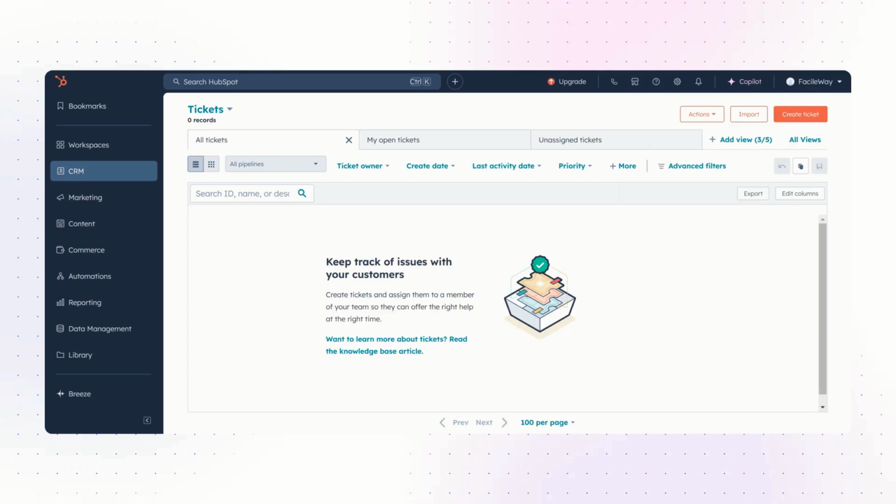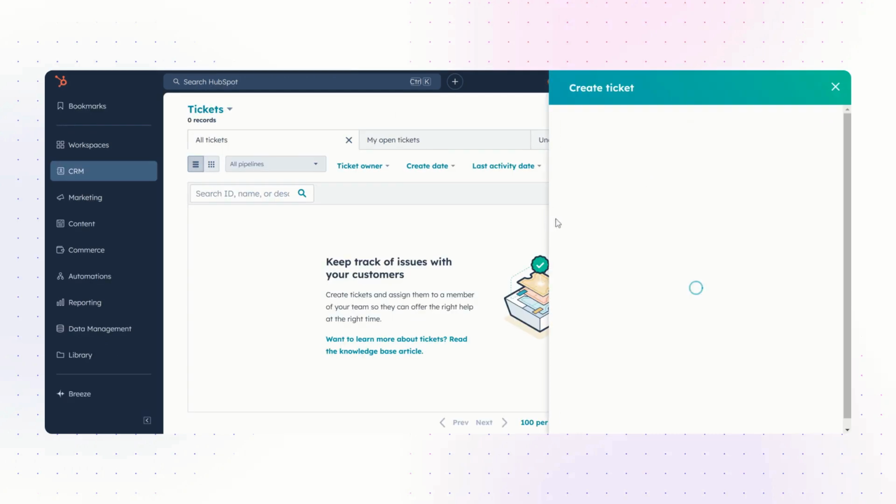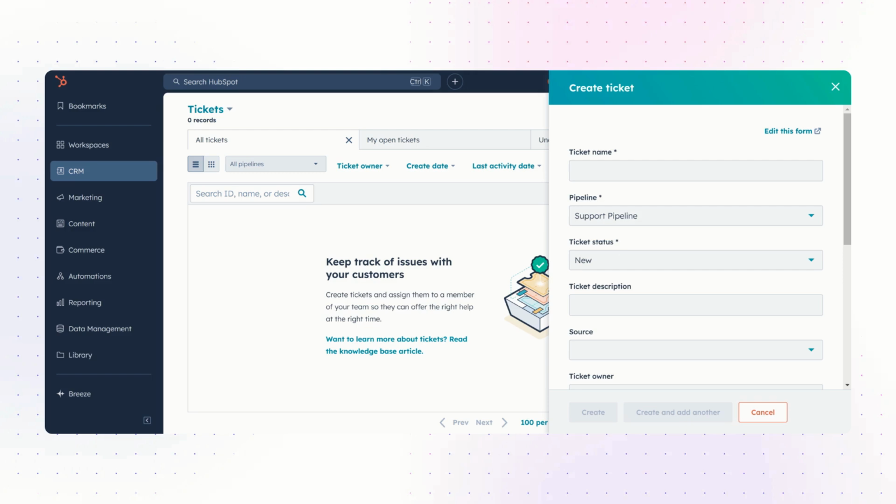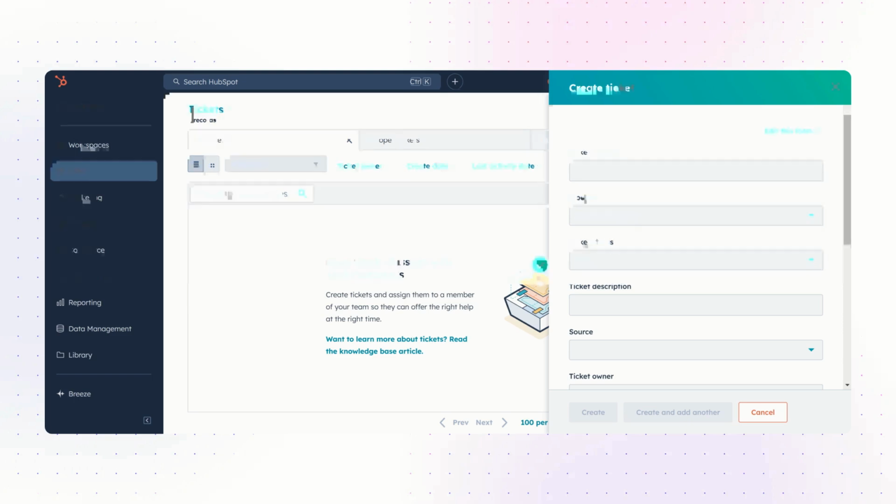Now let's talk about tickets. HubSpot CRM's ticket feature is designed to help you manage your customer support requests and track their resolution. It's a great way to keep track of any issues, customer queries, and requests that come through your business. To access the ticket feature, all you need to do is click on Create Ticket and fill out the form. The details include ticket name, a description of the issue, priority, whether low, medium or high, ticket status, open, pending or closed, and you can enter the associated company.